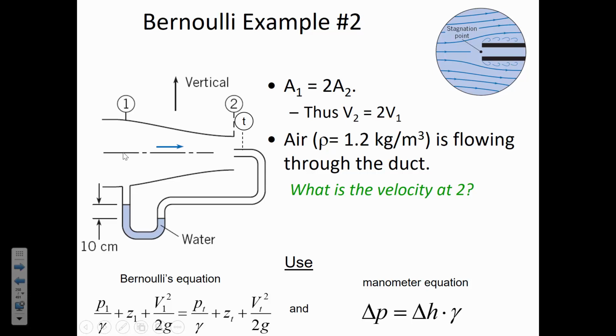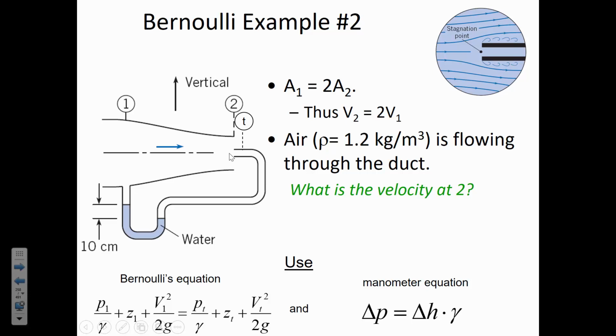And so we have the pressure at 1, the pressure at 2, and you'll notice location 2 is just before the air reaches the differential manometer. And if we zoom in on the opening of that differential manometer, what it shows is that we have a streamline that suddenly stops at a stagnation point. And so the streamline, the air is moving, and at location 2, which is just to the left of the opening, the